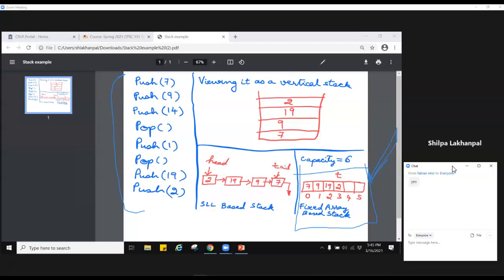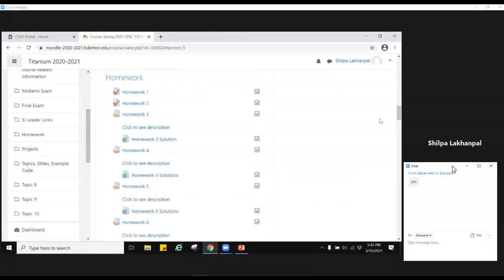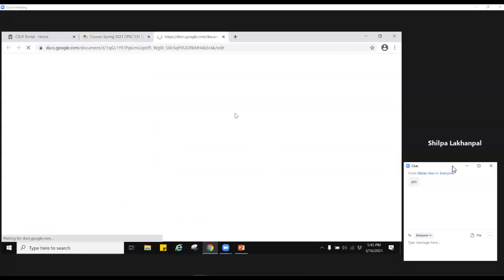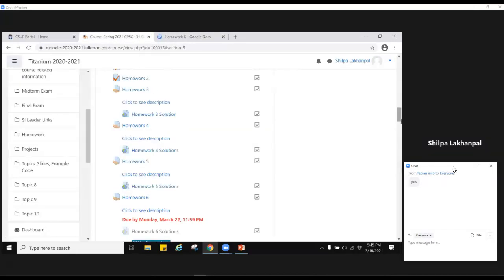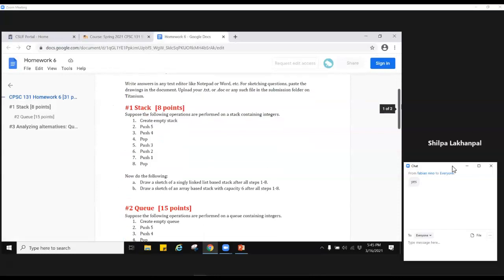Now, for the homework that you have, homework 6, you have the stack question, where a series of commands is given, and then you have to draw the sketch of a singly linked list based stack following all these steps.